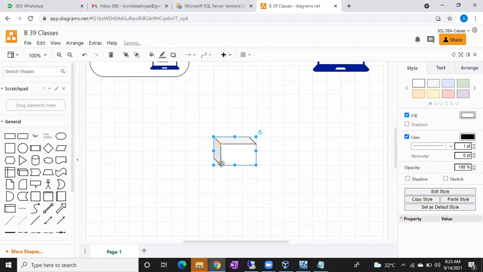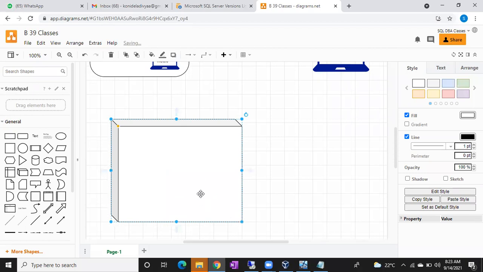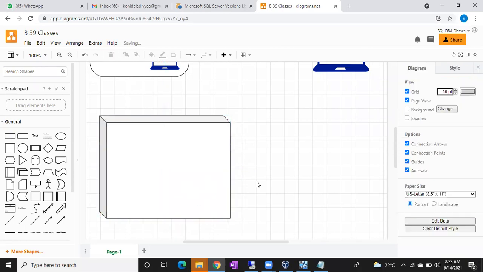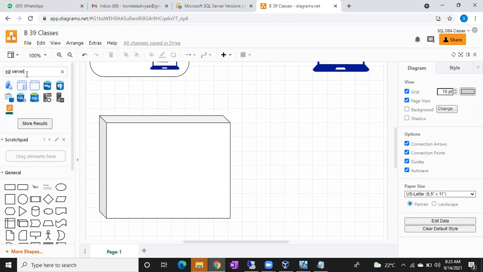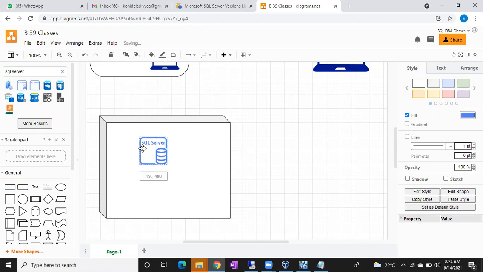Imagine this is your Windows server machine. Let me go with one SQL Server. Imagine this is your SQL Server, installed on this Windows machine.